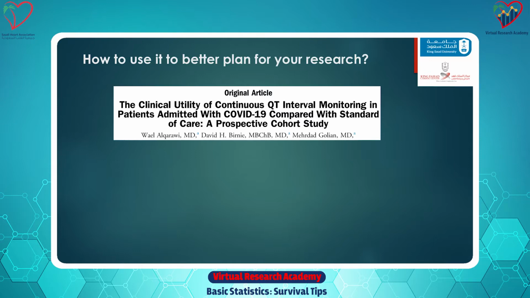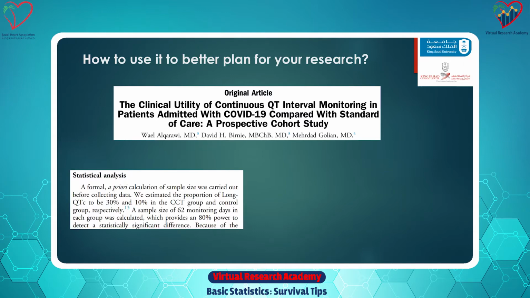Now, the conventional, if you like, way of doing these studies is that you come up with the idea, you say, okay, this is a good idea, let's start. And then you start collecting data. And then someone asks, well, how many patients do we need? And you say, well, just start and we'll see how it goes. Or maybe a senior member of the research team will say, I think we should collect 100 patients because it makes sense to collect 100 patients. But a better way of doing this is you actually do a sample size calculation, which we did here. So before collecting data, we calculated the sample size we need.